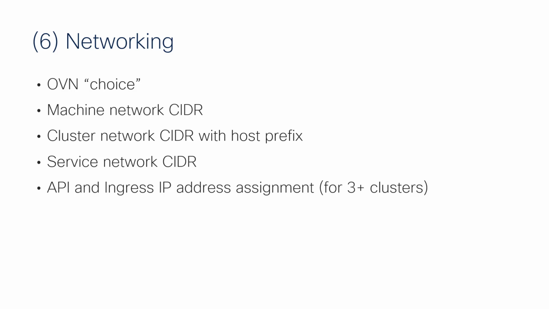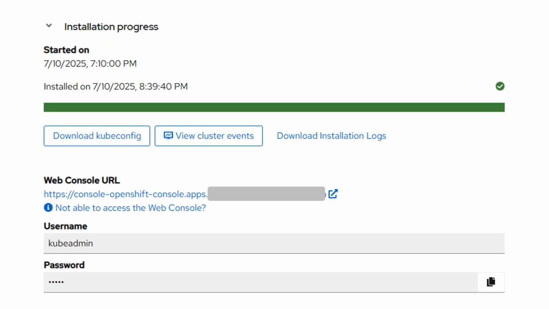And in case you have a proper at least 3-node cluster, you also need to configure API and ingress IP addresses. And pretty much once you review all the inputs, you press the final button of installation,